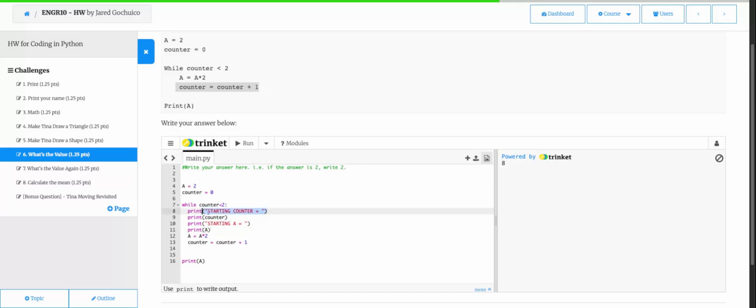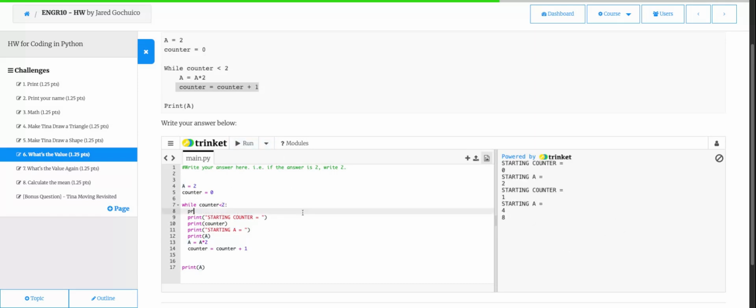I put this beginning statement in quotes to make it a string, and then this is not a string. I just want to actually say what the variable is, and same with the a. I made it a string, so I can put whatever I want in the string without conflicting with any variables. And this a is just the variable a. So I press run,